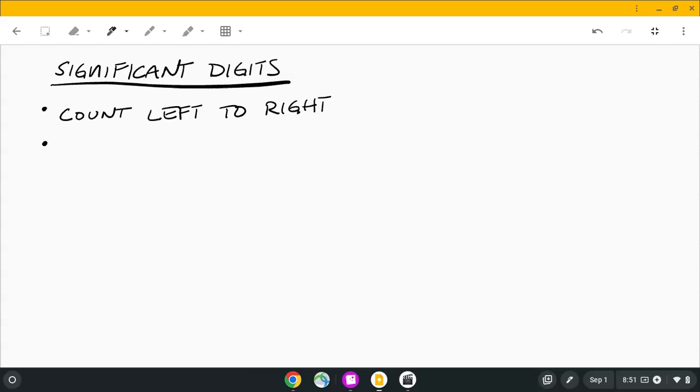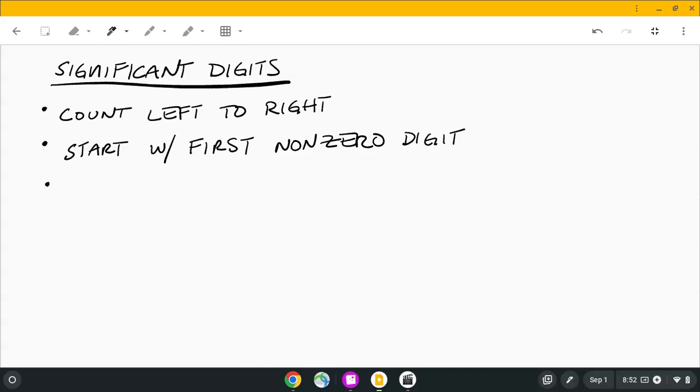You have to start with the first non-zero digit. This rule comes into play when you have decimal numbers. So like if you have 0.000007, all those zeros are insignificant because, according to the rule, you have to start with the first non-zero digit. And then for the decimal, if you do have a decimal,